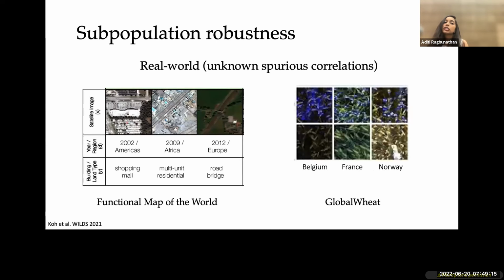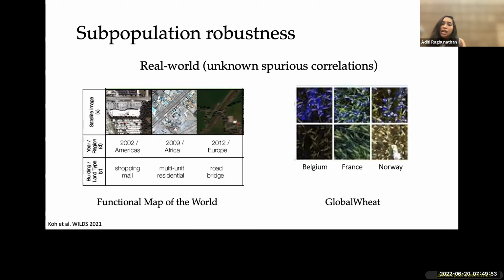And there are also other real world settings which people have considered, there are new data sets. But the caveat here is that they're in the unknown setting. So we don't know the group, so we don't know the correlations, and we want to check whether we can still do well. One example is functional map of the world, which is satellite imagery. And so you have data sets from different demographics and different times, and you want to generalize across different regions. And again, it turns out that if you just did normal training, the performance deteriorates quite a bit on certain regions. And this is, of course, because there are some correlations that might hold in certain demographics, but not others. But we don't know exactly what those are.